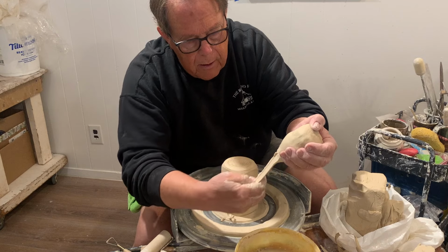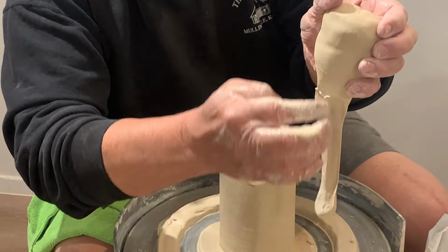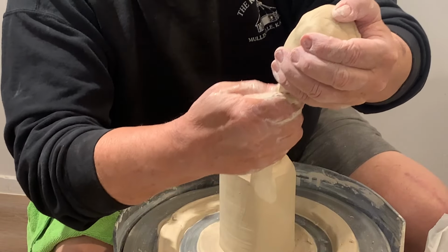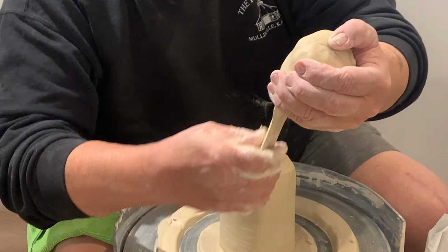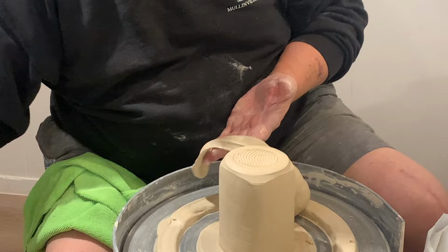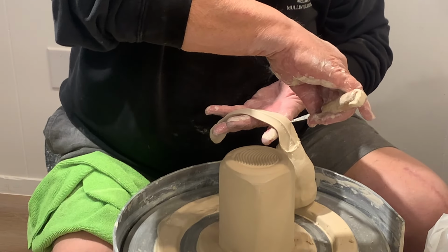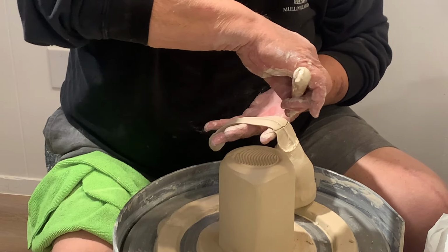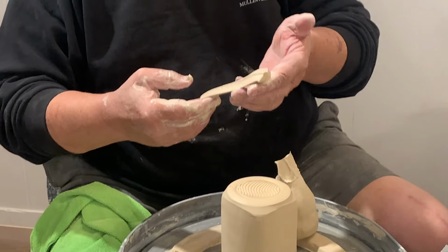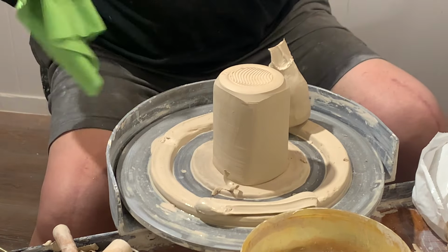So you see I'm using the tip of my thumb to create the handle shape with a little ridge down the center. I'm going to do a cut off here with a fettling knife. And this is the point at which I would ordinarily let this thing dry just a little bit before I did the attachment. But I'll just lay it out here and get the mug ready